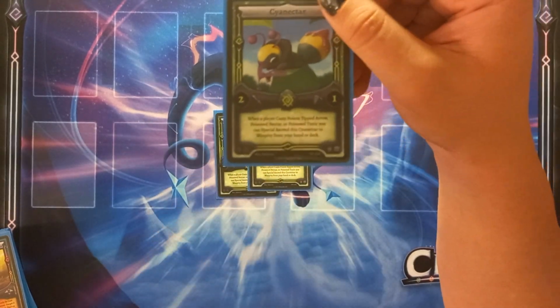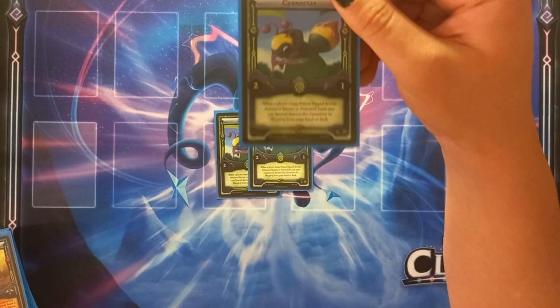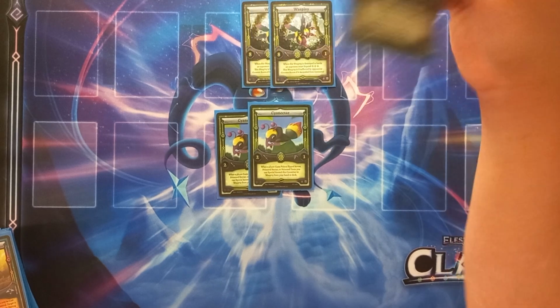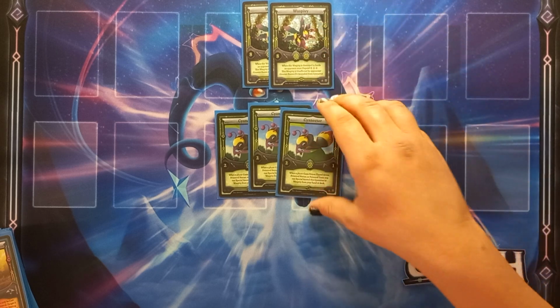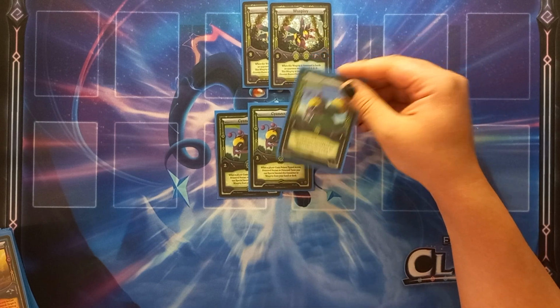Cyanectar says, when a player casts Poison Tipped Arrow, Poison Nectar, or Poison Tunic, you can special summon the Cyanectar to WaspIvy from your hand or deck. So WaspIvy is summonable from the deck off Cyanectar, so we don't need 3 copies because it is fairly easy to access. The nice thing too is that it works when either player casts these cards, and Poison Tipped